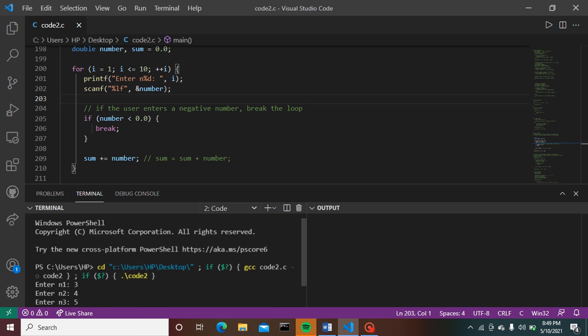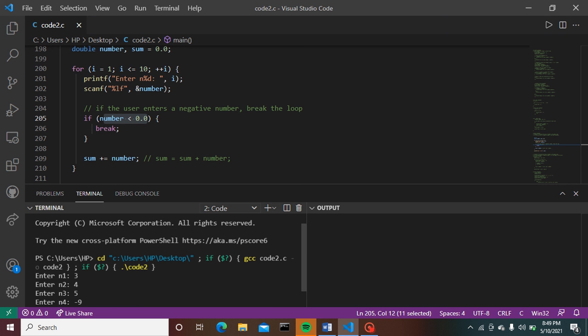And we have provided another number, 4. Is 4 less than 0.0? No, the condition is false again. So it comes back here. The for loop executes again and again until the condition becomes true. Is number less than 0.0 becoming true?